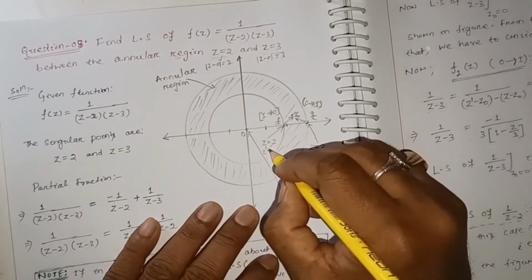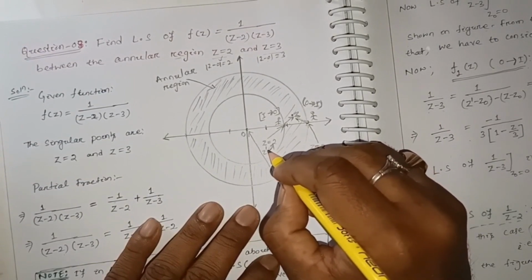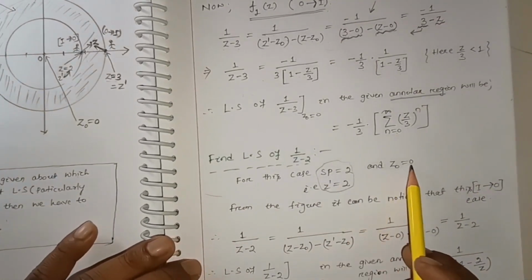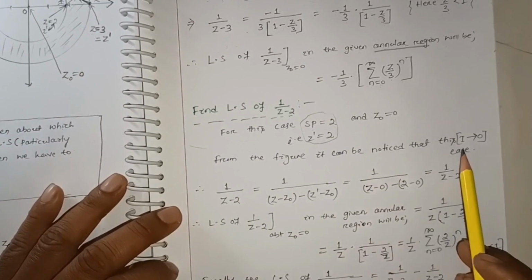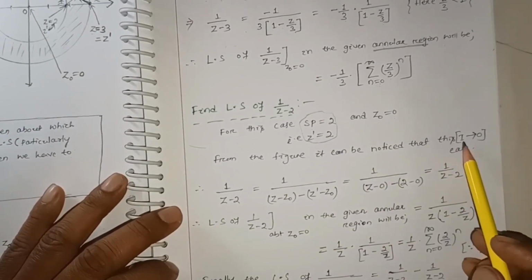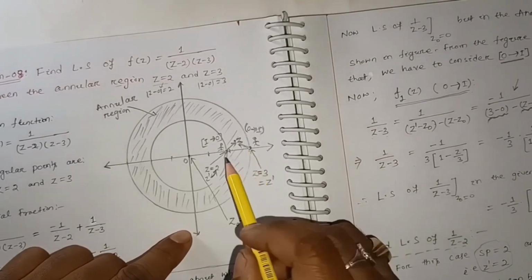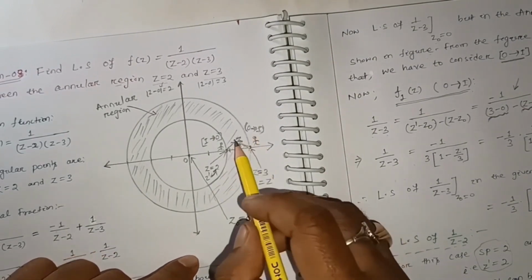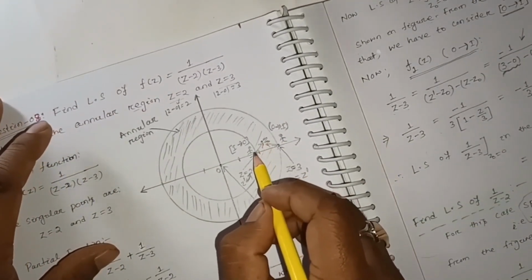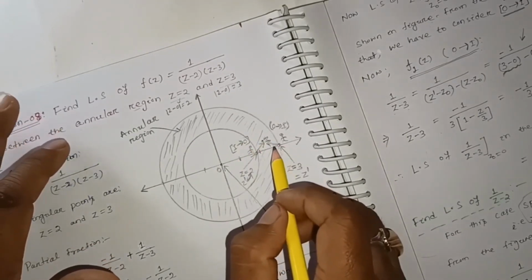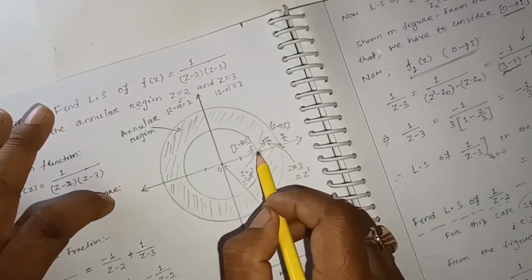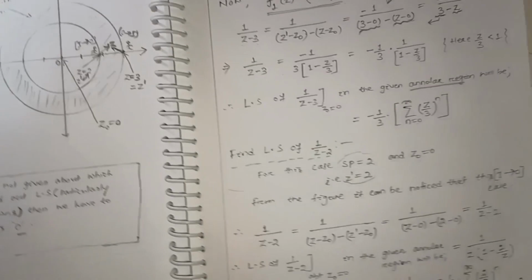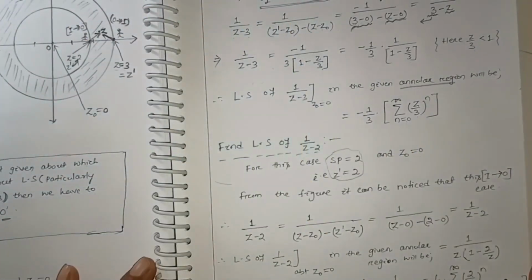Also z dash equal to 2. Z equal to 2 is the singular point and that is considered as z dash, and z0 equal to 0. So from the figure it can be noticed that this is the case of in to out, because here you are here and moving some extra distance in the complex plane. Complex plane means in to out situation. Here you are outside and coming in, here inside to out, so in to out situation. In to out and out to in, this language I introduced here